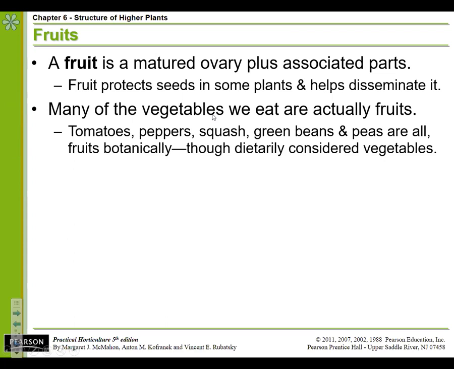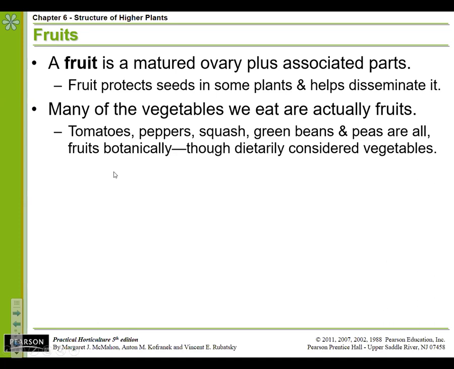We're talking about how we botanically classify our plant products. Many of what we consider vegetables, botanically speaking, are actually fruits, because they are from this process of a matured ovary developing into seeds. So we have tomatoes, peppers, squash, green beans, peas. They are all, botanically speaking, fruits, even though in the dietary world, or sometimes even in the legal world, we